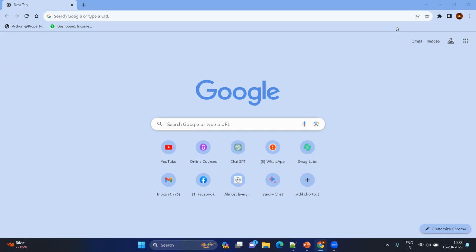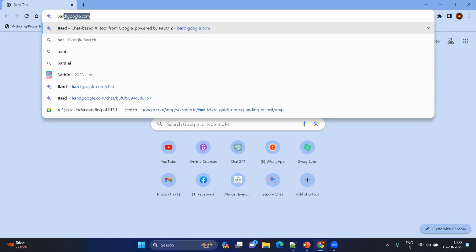Bard has been around for a long time, however in recent times we have the plugins also, which means that we can interact with the different Google services. Let's explore and see. First of all, we will navigate to bard.google.com